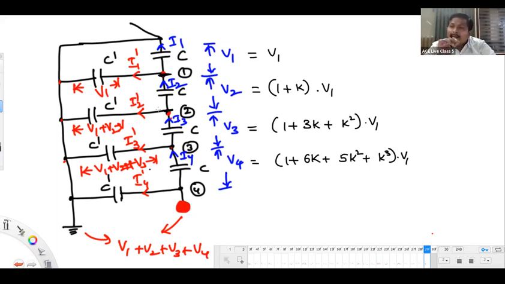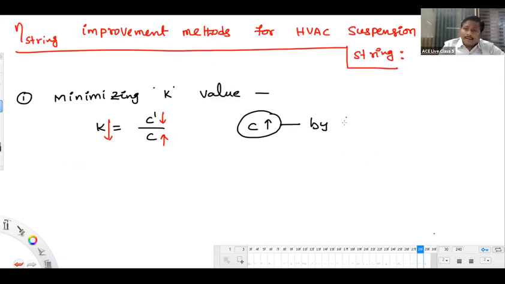That can be done by making the disk of very thin size. If you make the disk very thin, obviously capacitance C is going to increase. So I can say here, C increases by reducing the thickness of the disk,